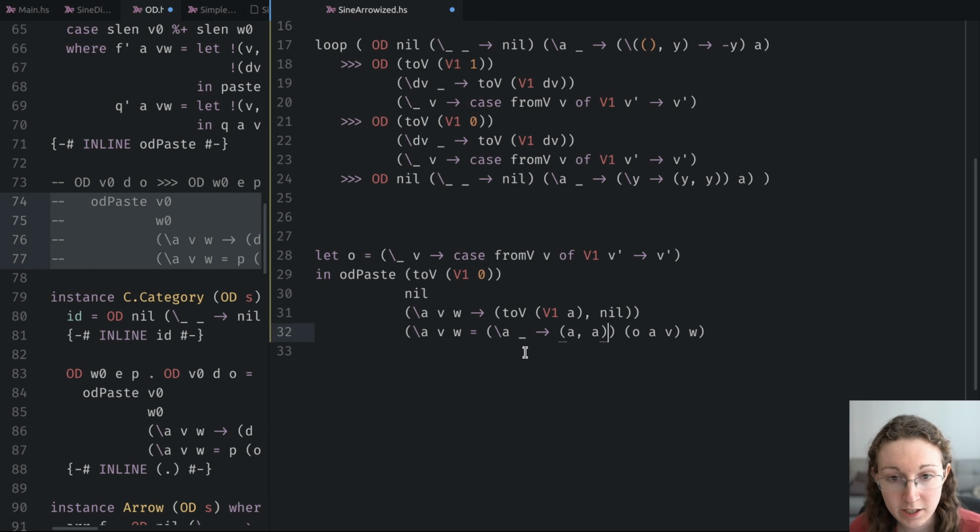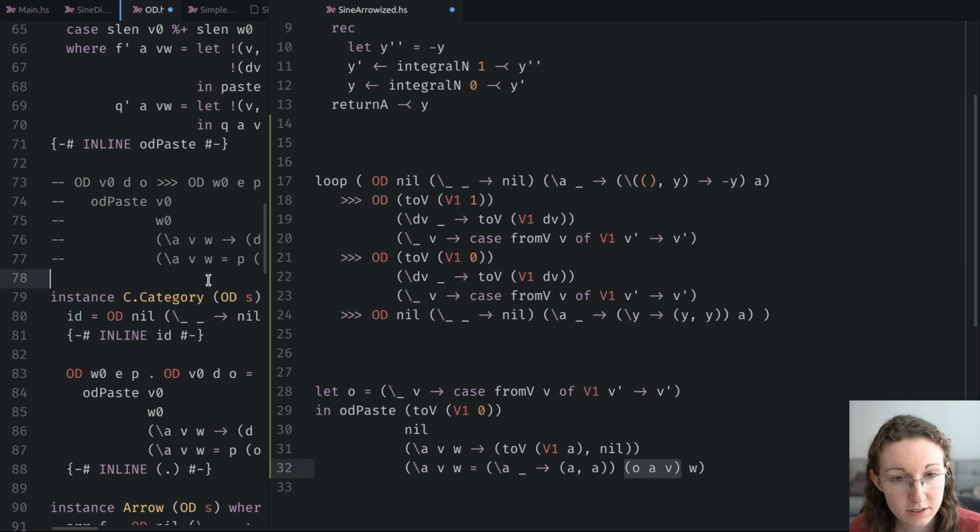And there we go. And then we have this function here, which is applied to O, A, V. And at this point, where did this A come from right here? We want to make sure that we don't get this A and this A confused. Although I think in this case, it's not going to be a big deal because this A is immediately going to go away. So we're just going to substitute this in here. And we don't need the parentheses here and here. And again, in this particular case, GHC would probably introduce a little let binding for O here so that we don't duplicate this expression, but I'm just going to